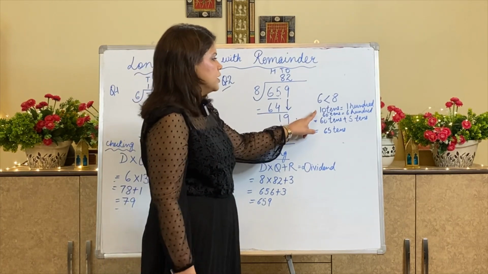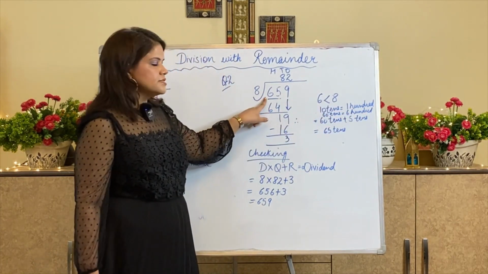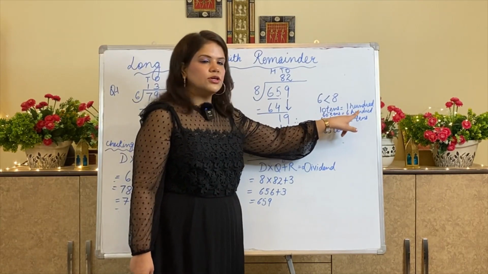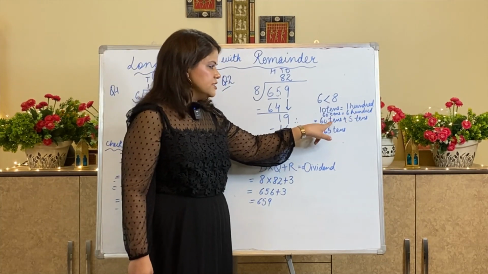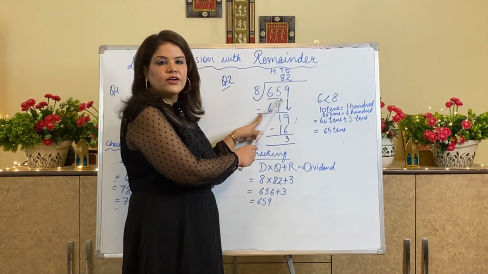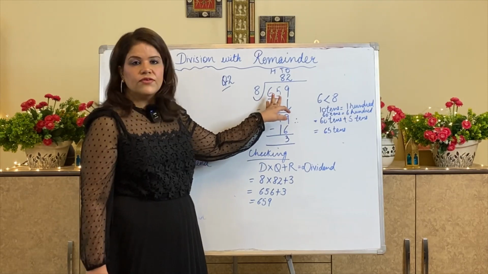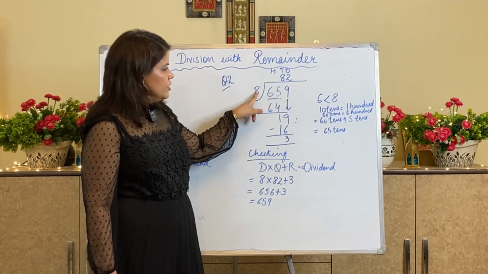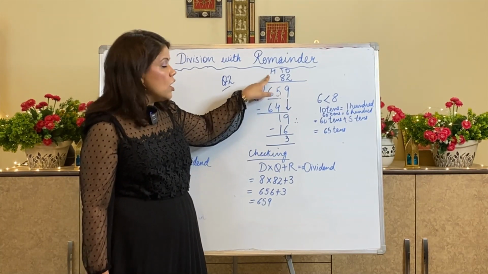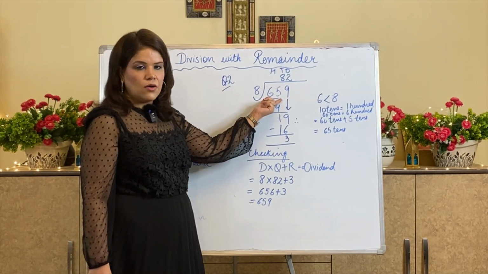And we know that 10 tens is equal to 100. This place is 600. So I can write it as 60 tens, which is equal to 600. So this 60 tens plus 5 tens will become 65 tens. So this 65 tens I am taking. I am not taking hundreds now. I am taking 65 tens. So whenever I will divide this, I will be getting my quotient at tens place, not at hundreds place. Because I have made this a part of tens now.